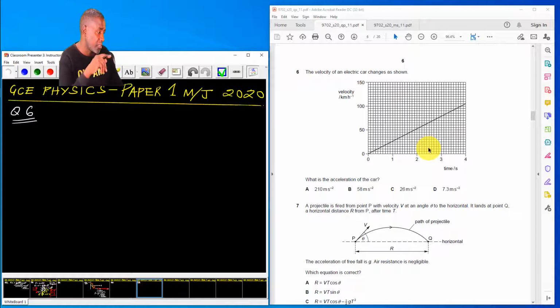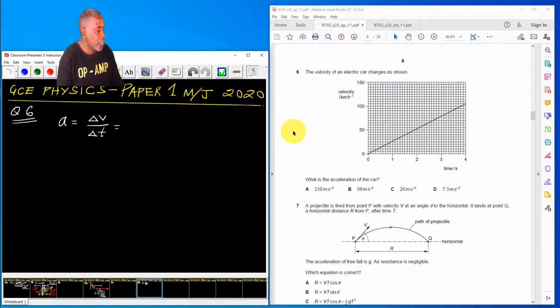When it comes to a velocity time graph, there are two things that are important. The area between the graph line and the time axis gives us the displacement of the object, while the gradient gives us acceleration. So again, that is some knowledge which you are supposed to have. So over here, very quickly, in my calculation, I'll say a is equal to the gradient, which is change in the quantity on the y-axis, divided by change in the quantity on the